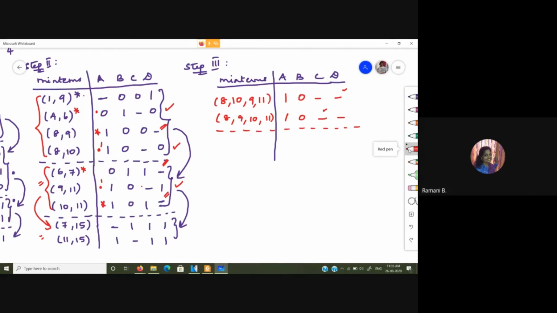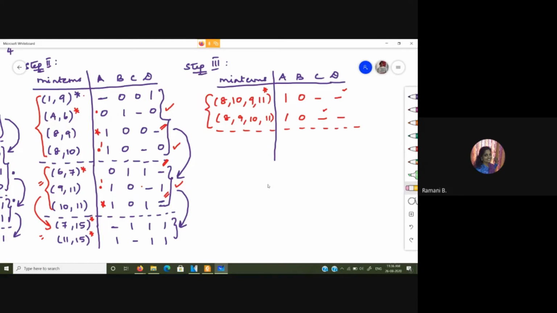And again, we have the dash in the last position. We don't have any combination over here, and this 10, 11 also formed a group with the previous one. So I am not going to give a star with this minterm. Now, as these two didn't form any other grouping, I will give a star over here. These two are one and the same combination of minterms and there is no further reduction possible. So I give a star over here.